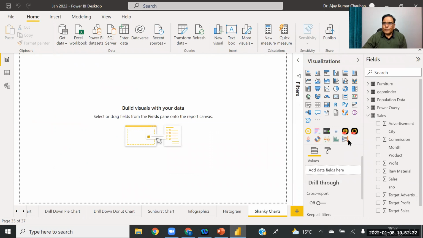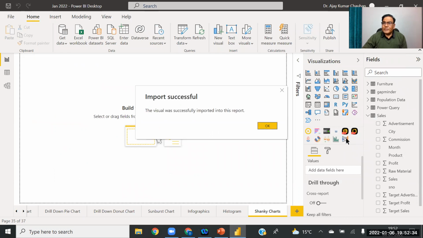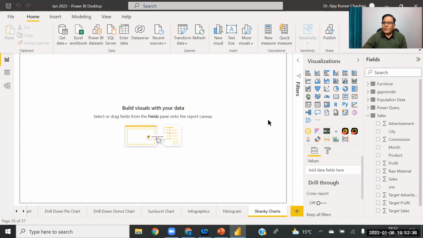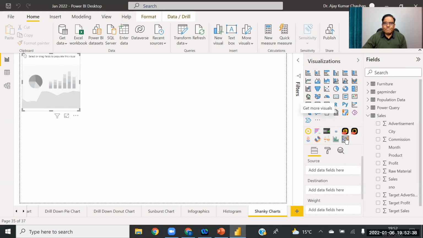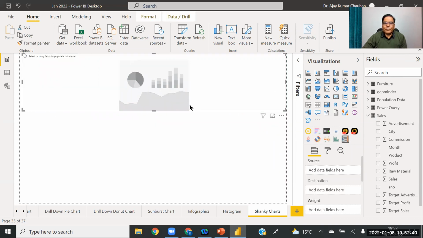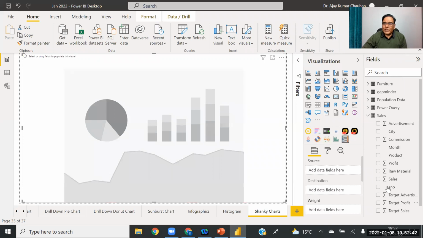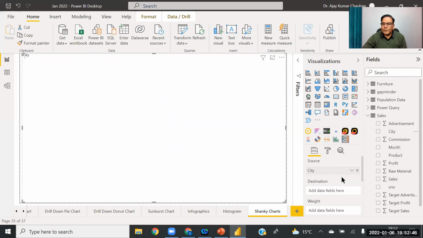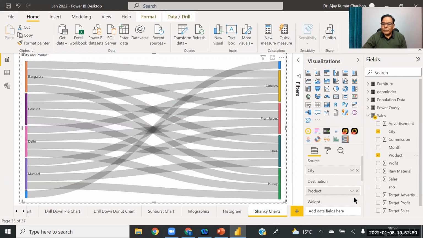So this is the Sankey chart. In Sankey chart, you can combine three variables together. Suppose I want to connect, the source is the city, destination is the product, and weight is the sales.